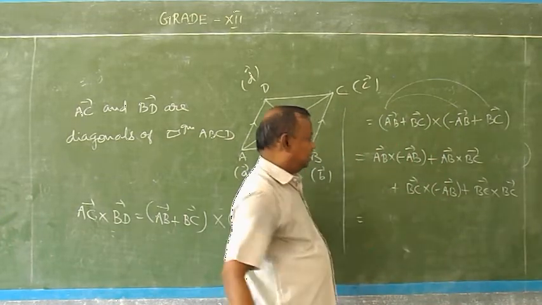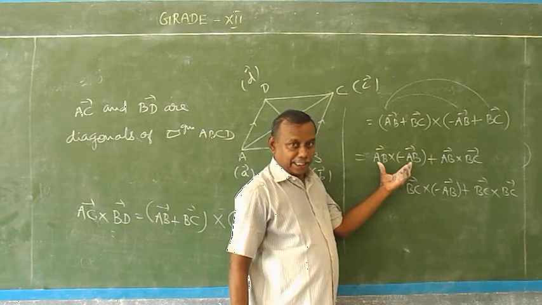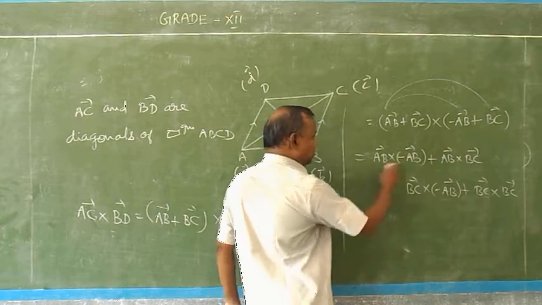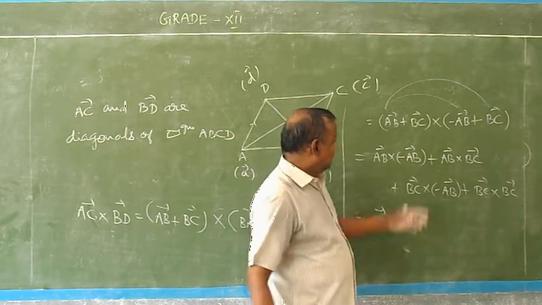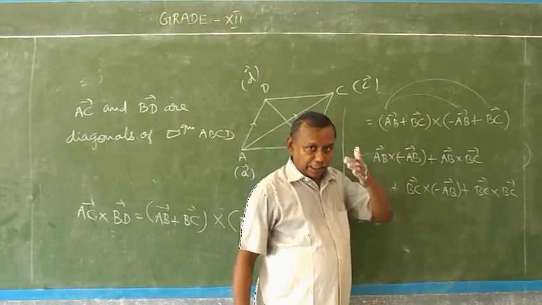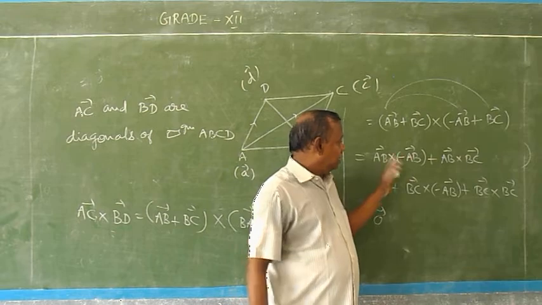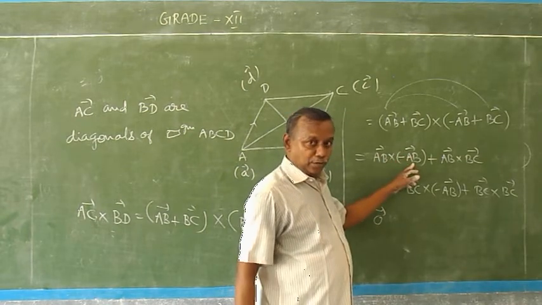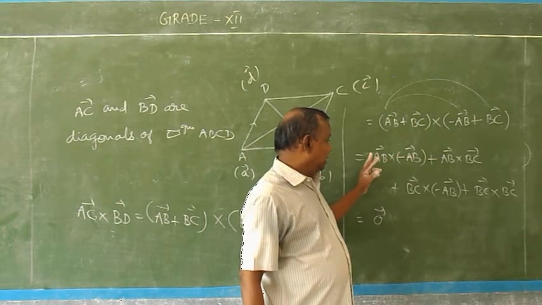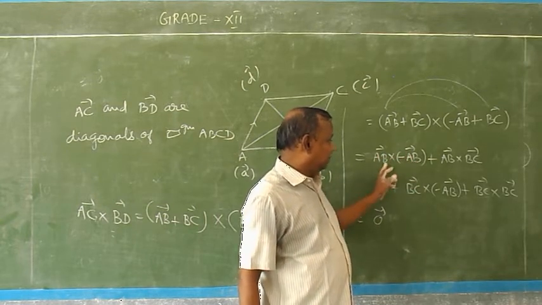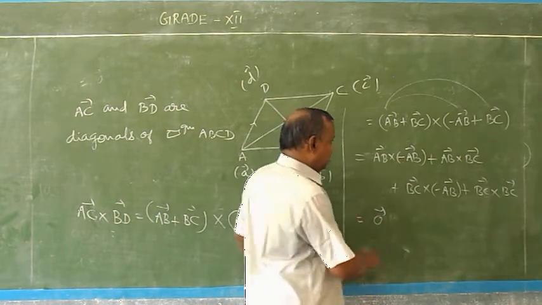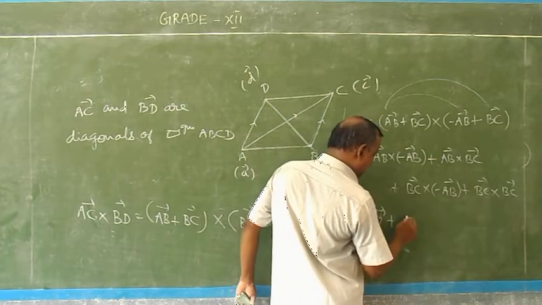In the cross product, if two vectors are parallel or the same, it is the zero vector. The first one is the zero vector because the angle between a vector and the same vector is zero. Every line is parallel to itself, so the angle between AB and AB is zero. We are taking only sine for the cross product, that is AB into sine theta. Sine of the angle between AB and AB is zero, and sine 0 is zero. Therefore, it is the zero vector plus AB cross BC.